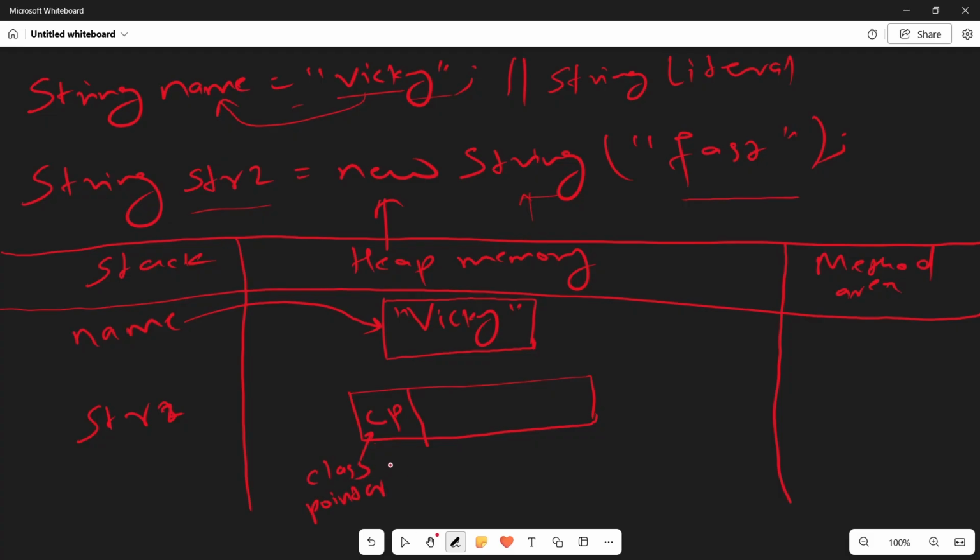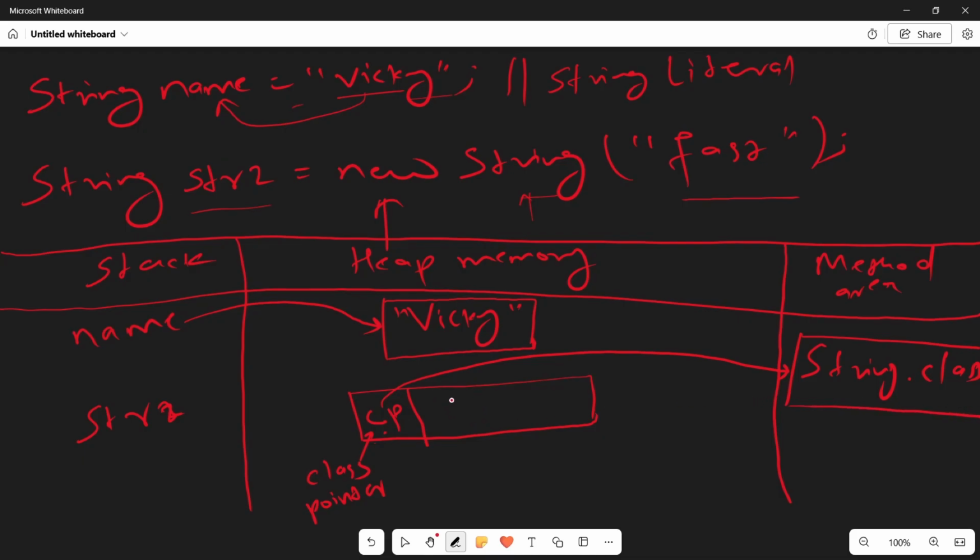Since in this line we are using the String class, the first step is that whatever .class files are needed will be loaded in the method area. So String.class will already be available before execution of this line. Now while creating the object, the class pointer will point to that particular class, that is String.class,